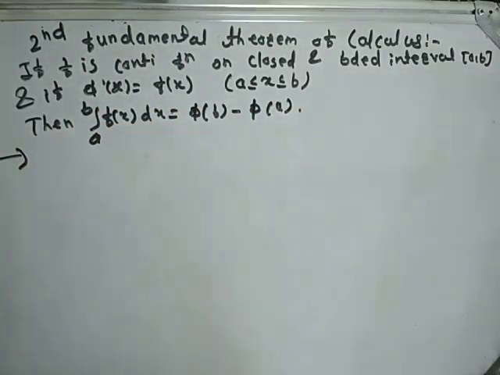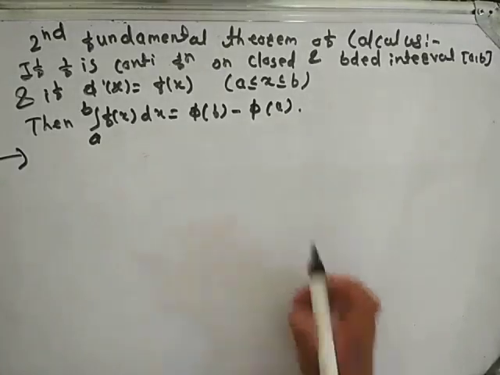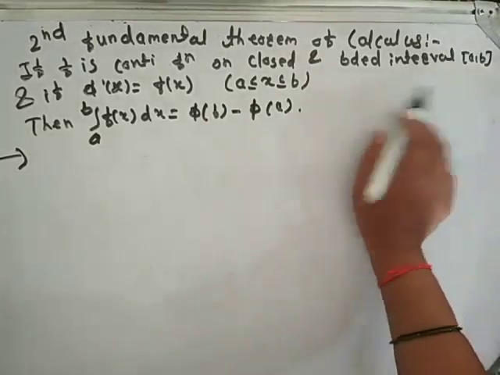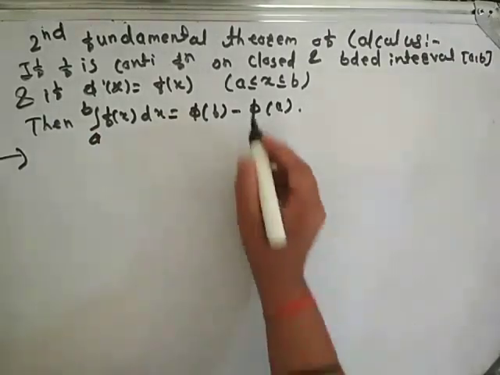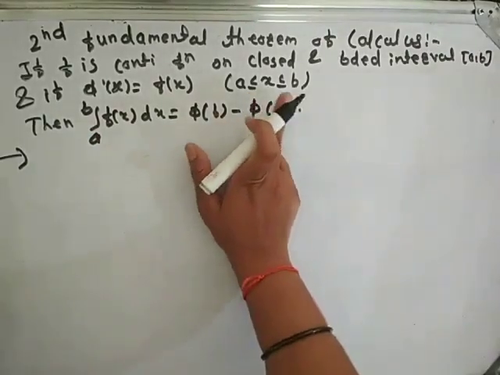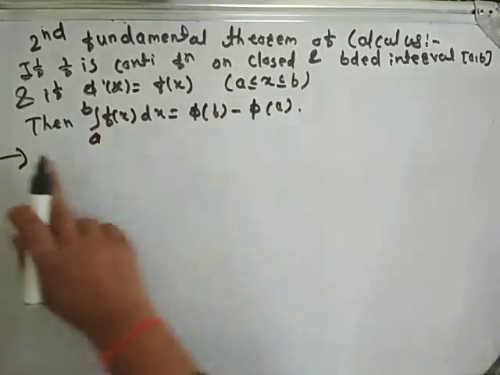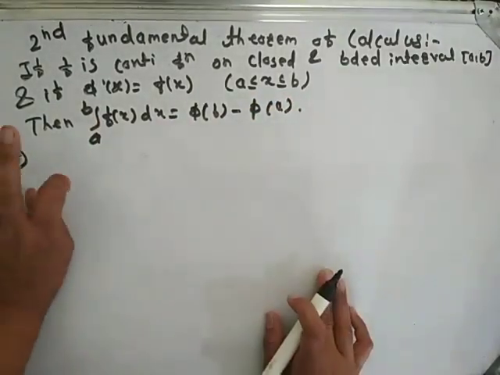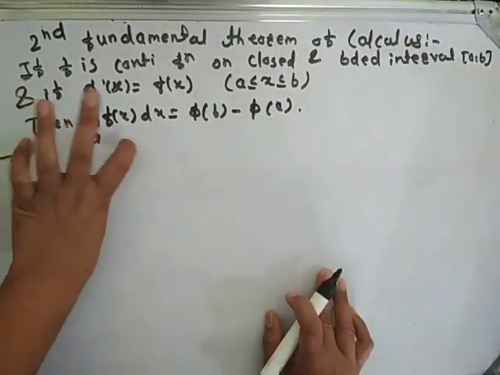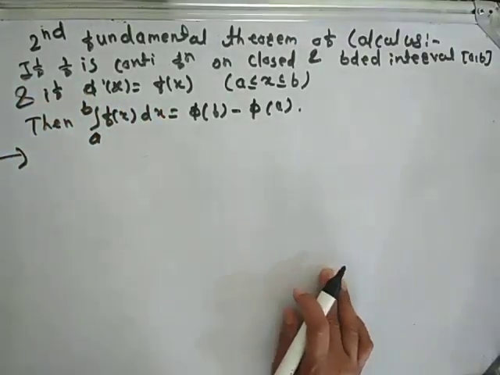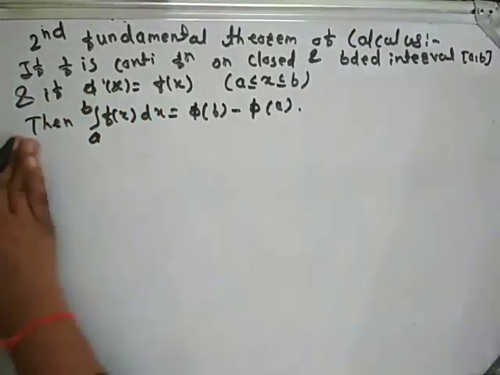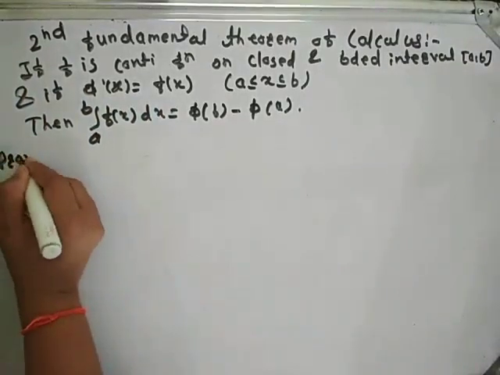Solution. See here, what is the second fundamental theorem of calculus? If f is a continuous function on the closed and bounded interval [a, b], if phi dash of x is equal to f of x, where x belongs to the closed interval [a, b], then we have to show that integration from a to b of f of x dx is equal to phi of b minus phi of a. Now we will see the proof of this theorem. Proof is here,